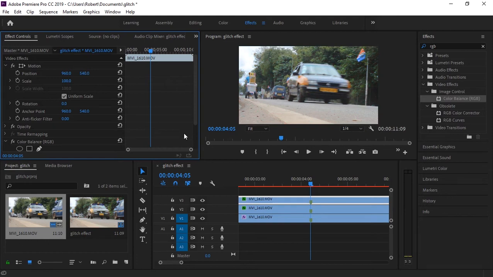So what you are going to do is you are going to create a keyframe for the position, for scale, and you can add rotation if you really want it. I don't know the way you want your video to be, so you can add your rotation if you want to rotate this color too. What you are going to do next is you are going to create this glitch effect